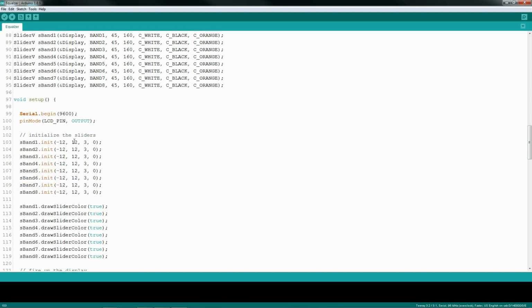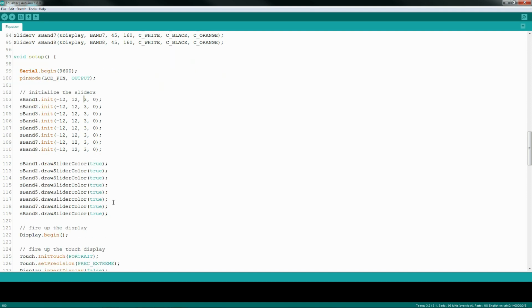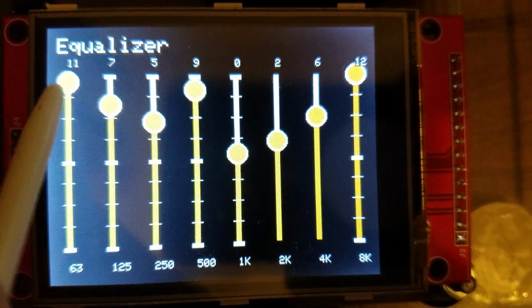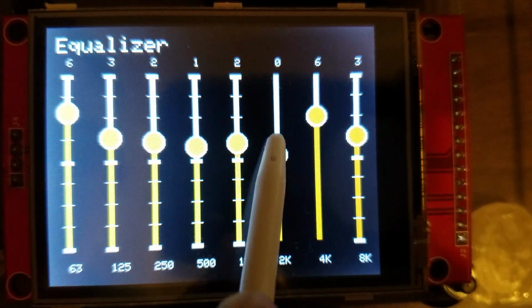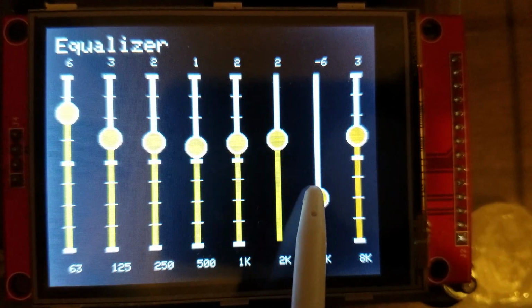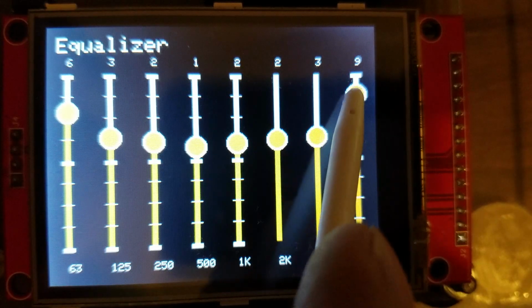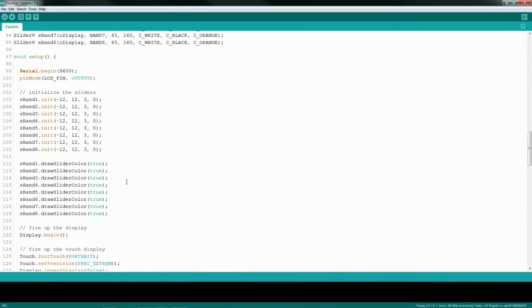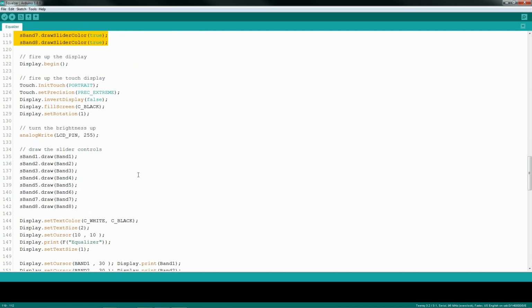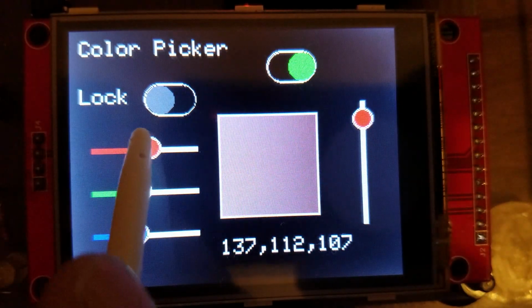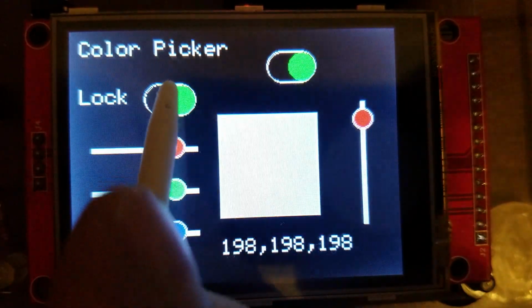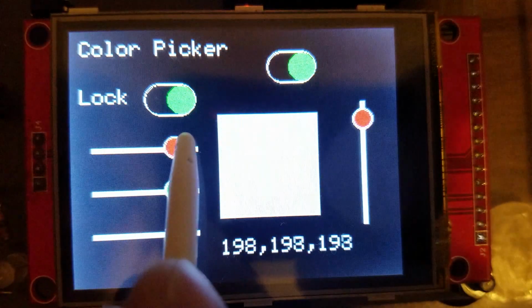Then initialize the sliders. Here you will pass in the lower scale, the upper scale, and optionally, the scale value and a snap value. Here we will specify a scale of plus or minus 12 with a scale of 3 dB and no snapping. This behavior is seen in the first 5 bands. If you want the scale to be drawn in handle color, set the draw slider color to true, its default to false. My color picker example uses both, where you can show the slider in color depending on a condition.